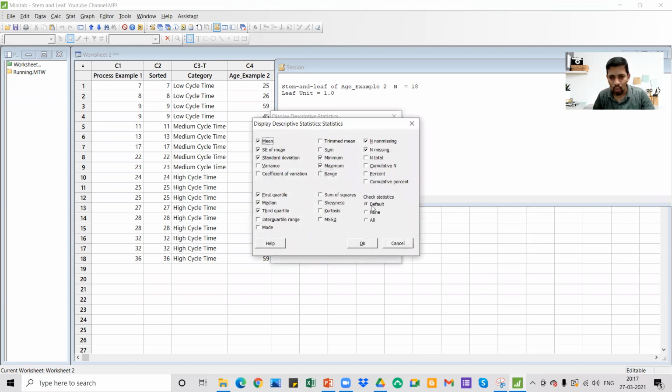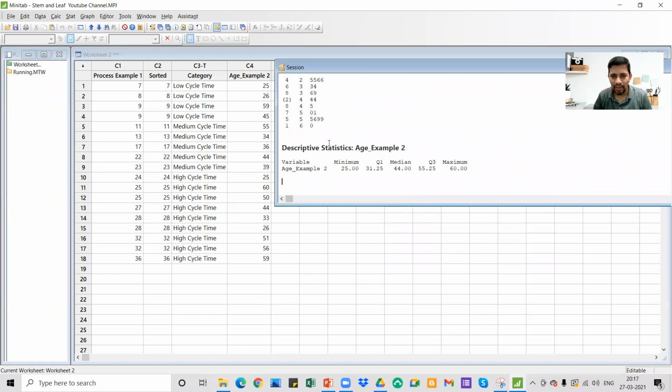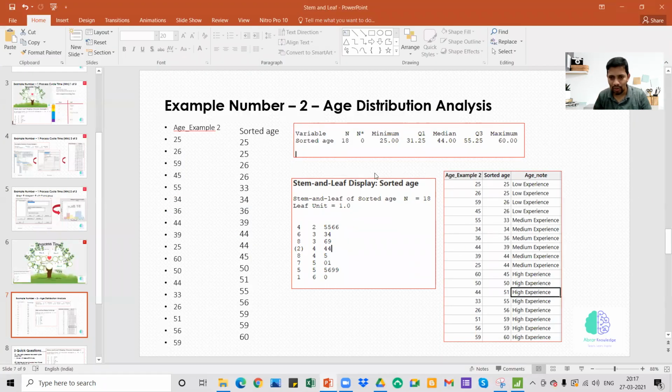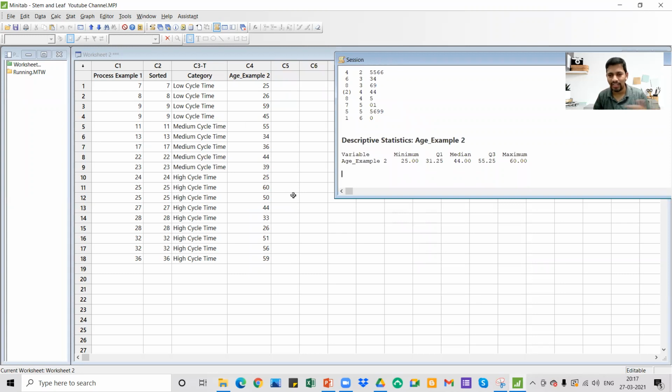I'm going to find out only the first quartile, median, third quartile, minimum value, maximum value. That's all. And give OK. And you also have these values as well: 25, 31, 44, 55, and 60. So that's how I have taken this print shot as well. This is the print shot which I have taken.